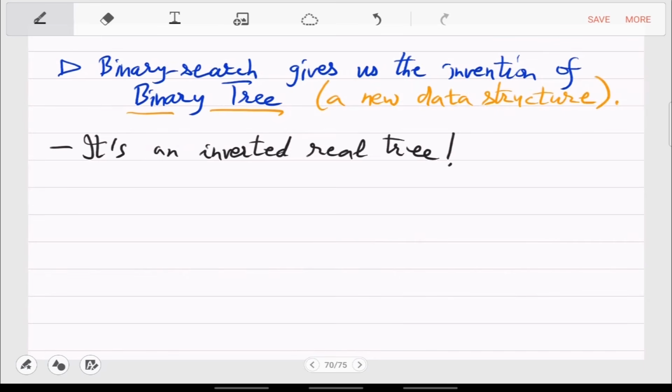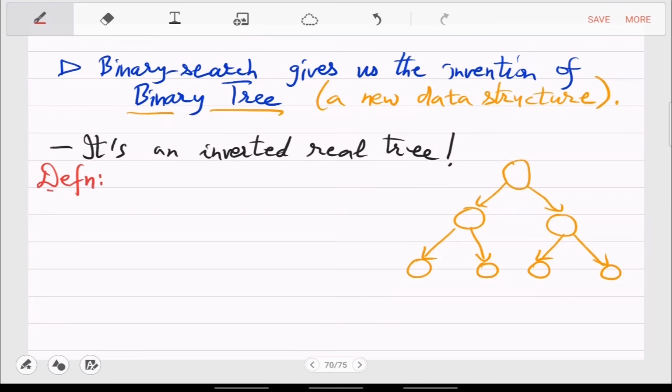So let's just draw one example. So this is the pointer to the root.